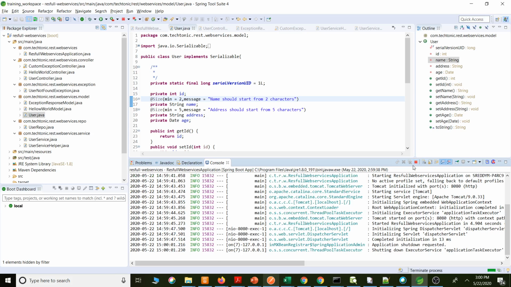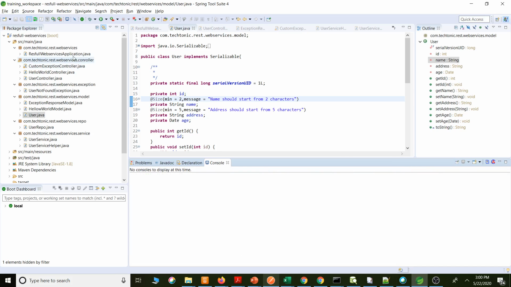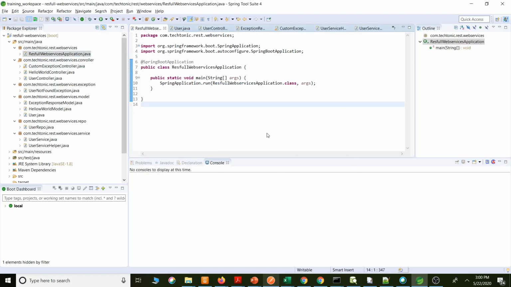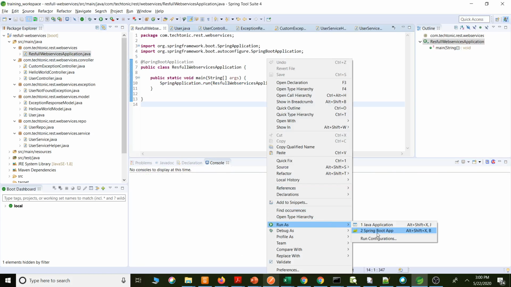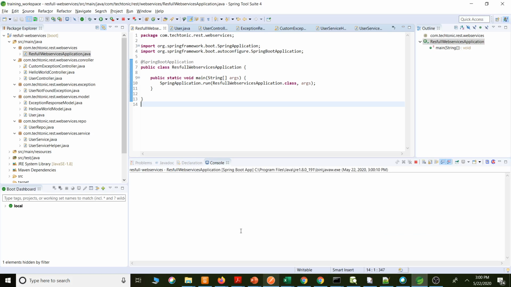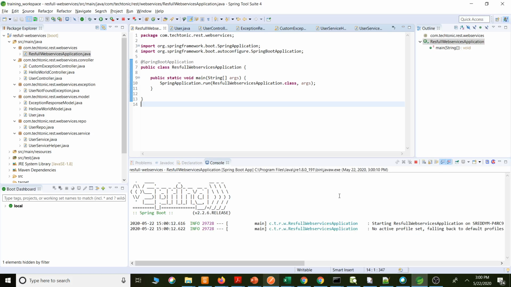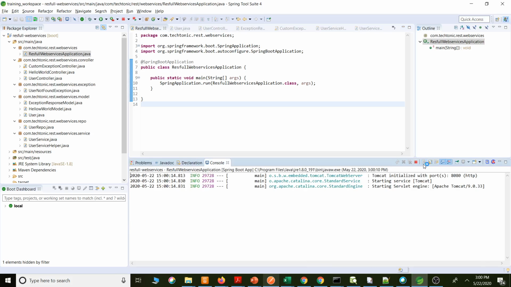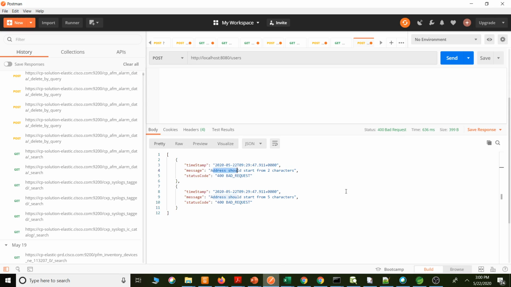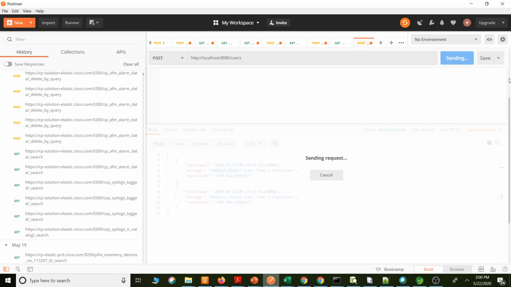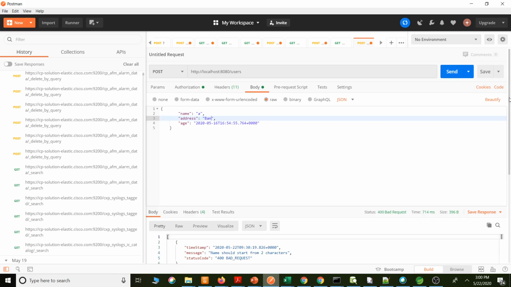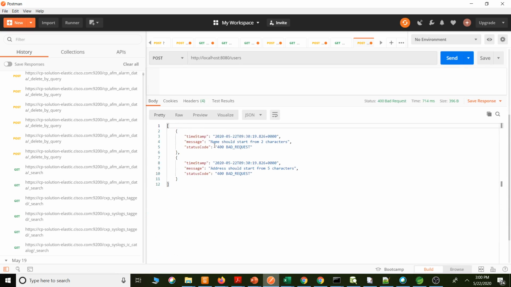I just copied it and didn't correct it. The application will be up. Yes, it's up now. Let's pass the bad request. We got two validation messages: name should start from 2 characters, address should start from 5 characters. Validation errors we are getting.